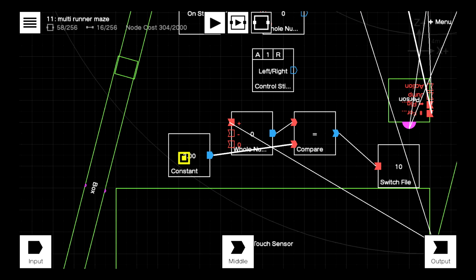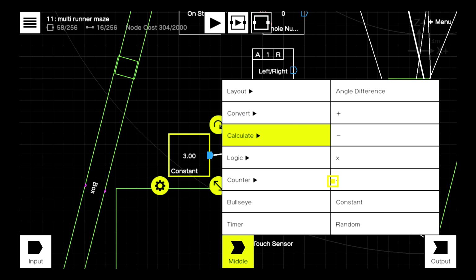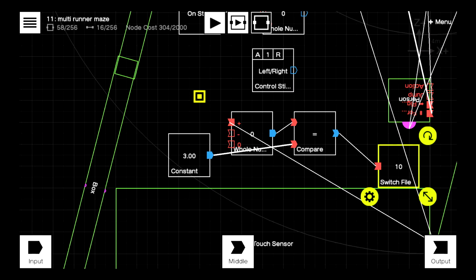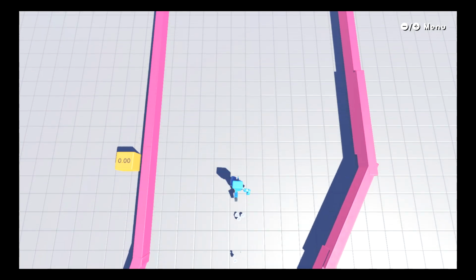So we've got this, which is our constant, so we've just gone into the middle here. To get constant, you just have to go to calculate constant, and that just gives you something to compare it to. So it says if the number of times you've gone through this sensor equals 3, so you're using the compare here, switch file to file 10. So you can set any files, you can have multi-levels. And what that allows us to do is when we go through that 3 times,